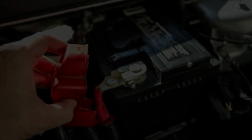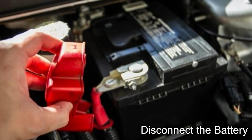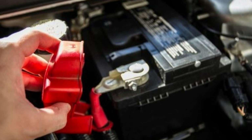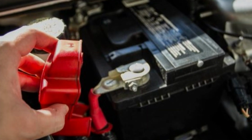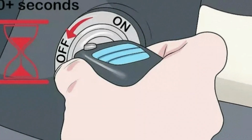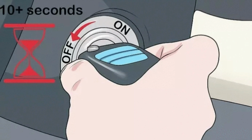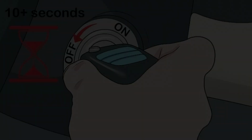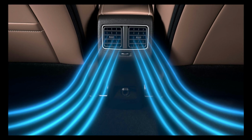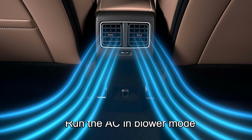Tip 4: Disconnect your car or motorcycle battery if it is not in use for a long time. This will ensure that the battery does not get discharged while staying idle. You can also start the car once every 3-4 days and let it idle for some time. This will also keep your battery from depleting. Also, run the air conditioner with the blower on while you are doing this so that any dust or foreign